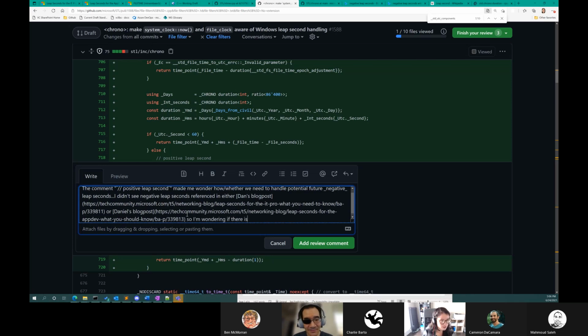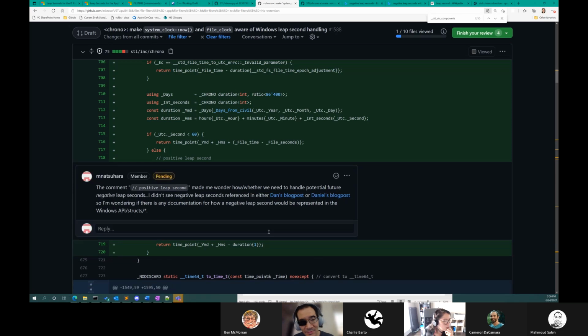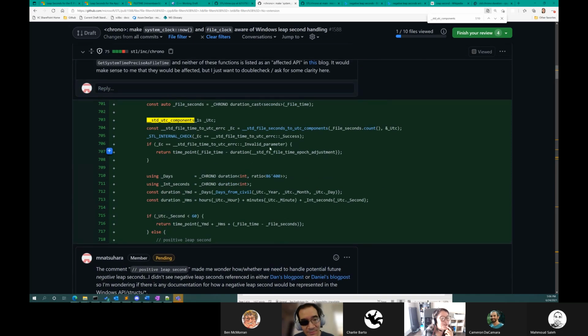I'm wondering if there is any documentation for how a negative leap second would be represented in the Windows APIs. Okay. Lots of questions, not really anything to super change so far, but at least thinking critically about what's going on here. Okay, I am thinking again about this line, and I'm guessing that it's just sort of like